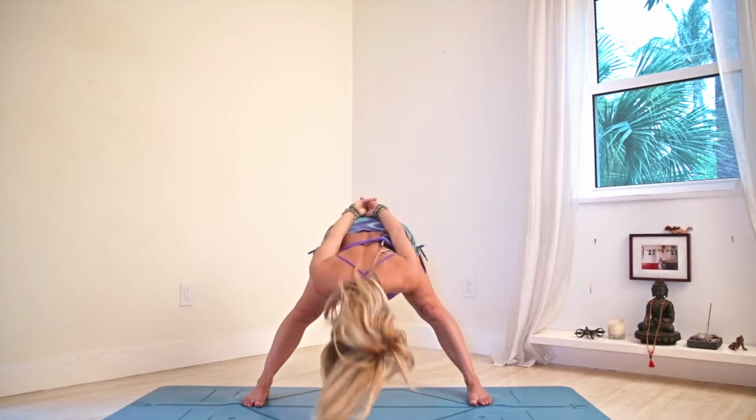Now we'll move on to the C position. Very important shoulder position that we work with for Purvattanasana, okay? Here we go. Inhale, stretch the arms out to the side. Exhale, interlock your fingers behind your back. We're going to roll the shoulders forward, so that's that internal rotation of the shoulders. Then lift the center of the chest up. Exhale, pivot forward, forward, forward,